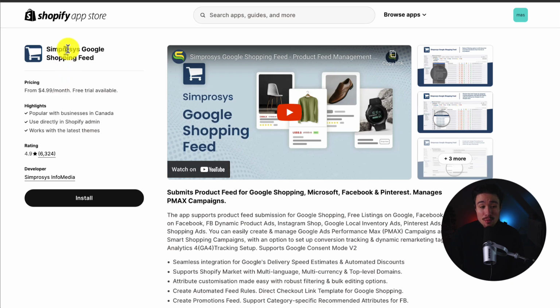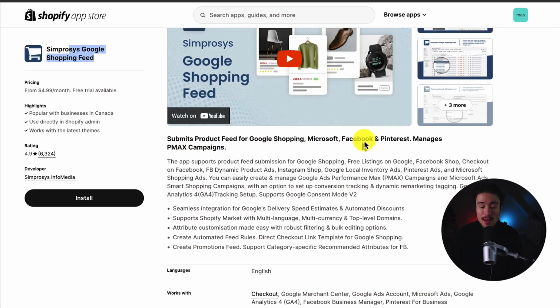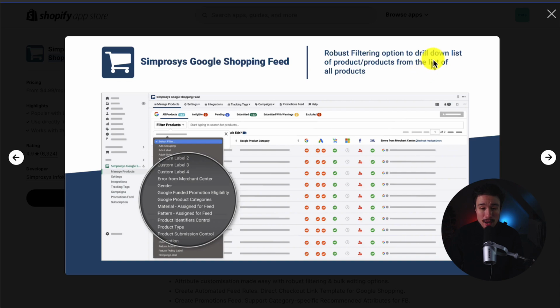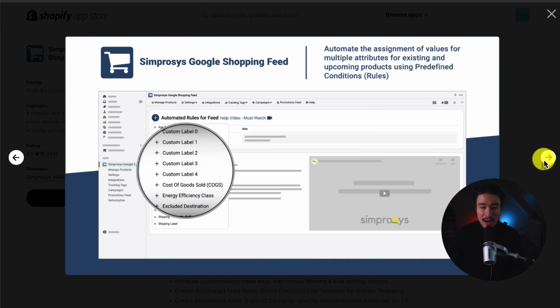First up, we have Simprosys Google Shopping Feed. This is an extremely popular app on the Shopify App Store that makes it easy to submit product feeds for Google Shopping, Microsoft, Facebook, and Pinterest. It also helps to manage those Performance Max campaigns. It has robust filtering options to drill down lists of products, making it easy to customize exactly what you're looking for. You can resolve any item issues easily within the app,